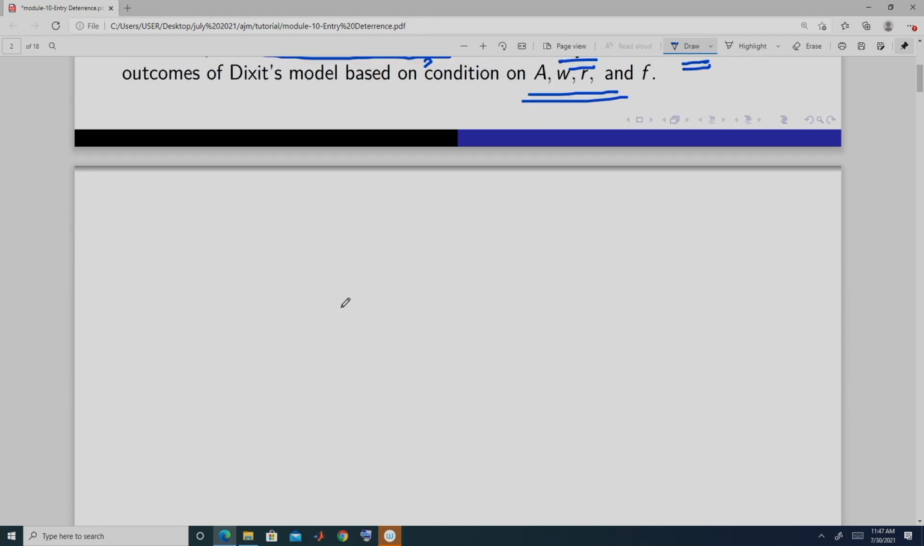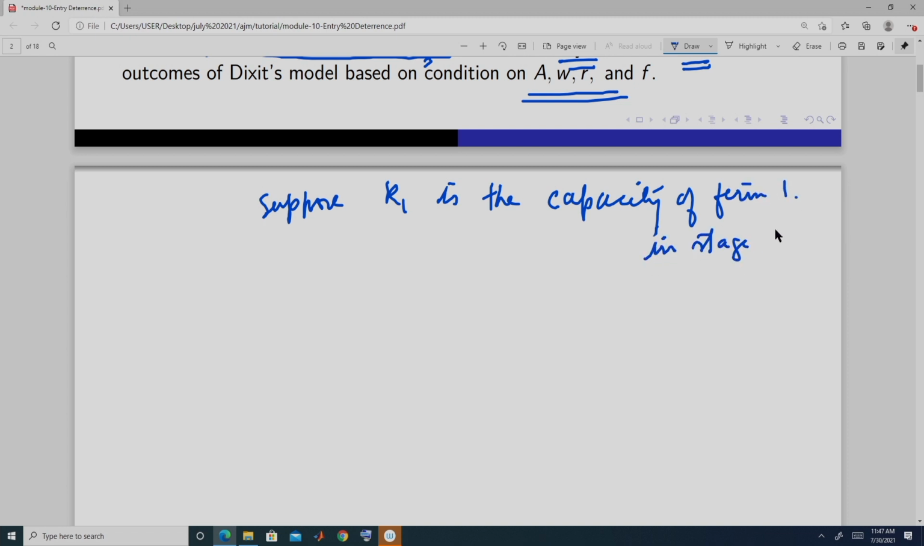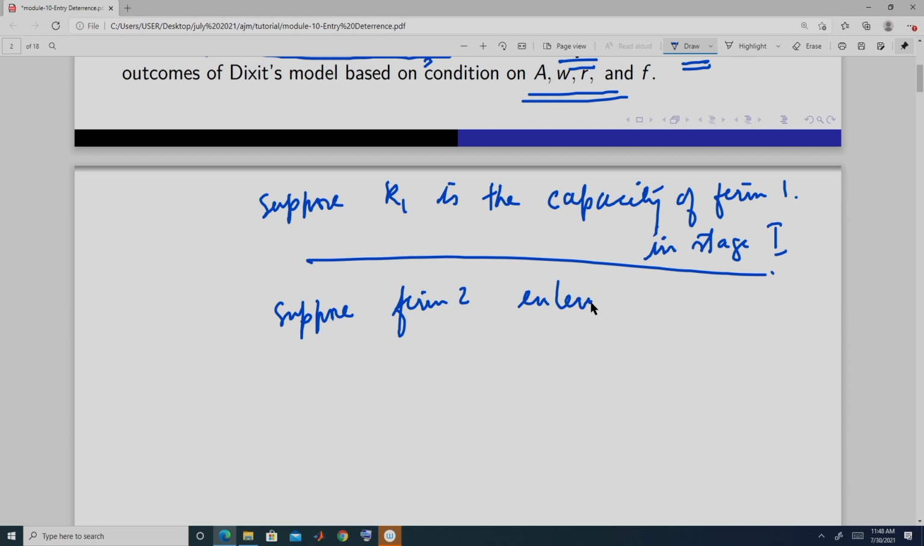So, we will find them. First, suppose K1 is the capacity of firm 1 in stage 1. So, this is K1. Okay. Now, let us move, and suppose firm 2 enters. Then the profit of firm 1 is A minus Q1 minus Q2, times Q1, minus W Q1,